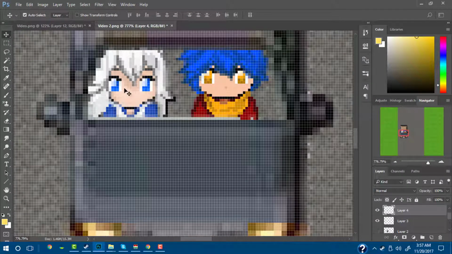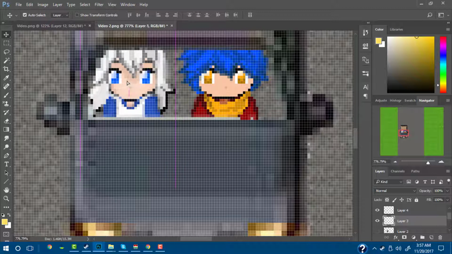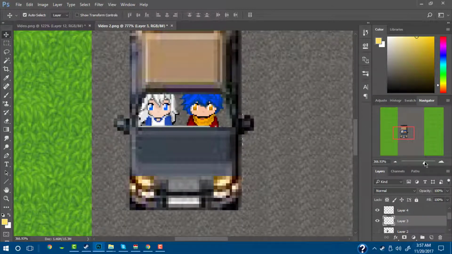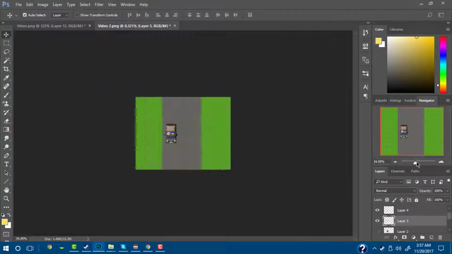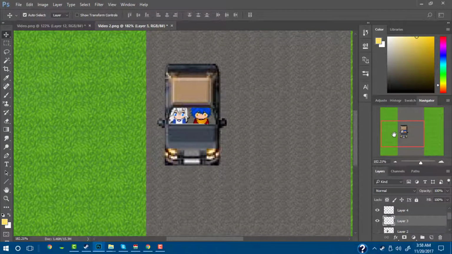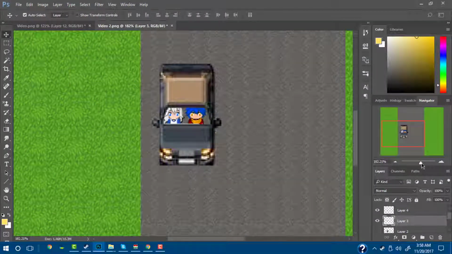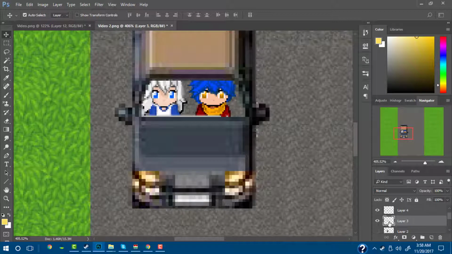Or she be like about the same height maybe. Oh, there we go. Okay, next, now that we have them in the car,